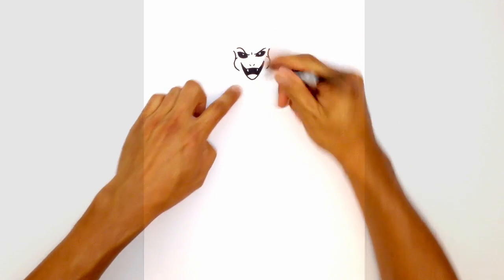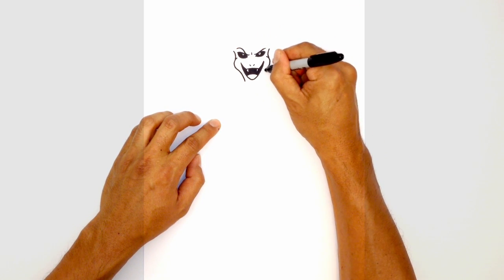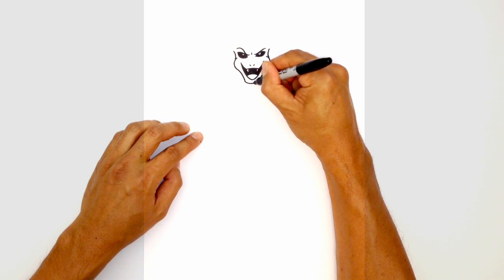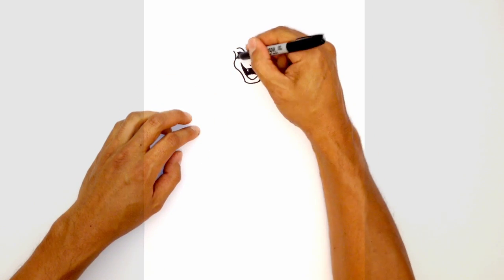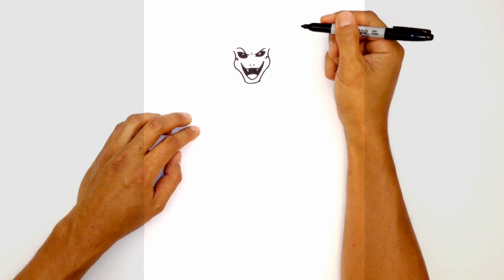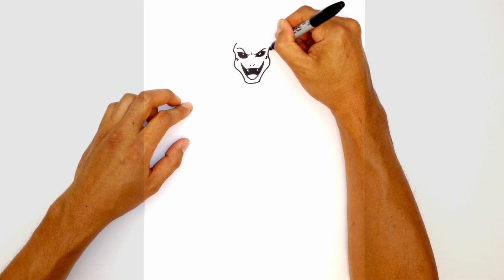Now we're going to curve down in the opposite direction around the mouth, down towards the chin. From here, let's round out the bottom of the chin. So connecting those 2 points of the curve. Up here on these points, these little overhangs, I'm just going to draw a little lightning bolt, little zigzag that goes up like that. From here, we're going to curve up the sides of the head, going up towards the